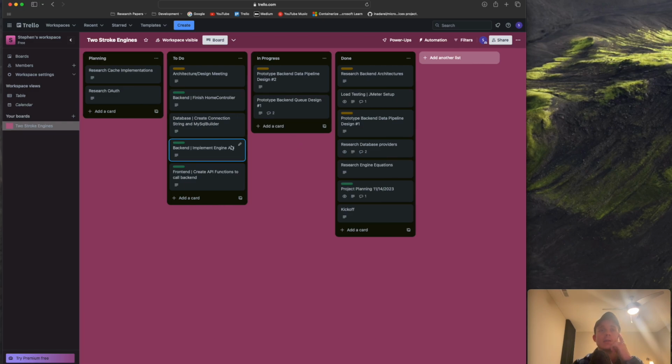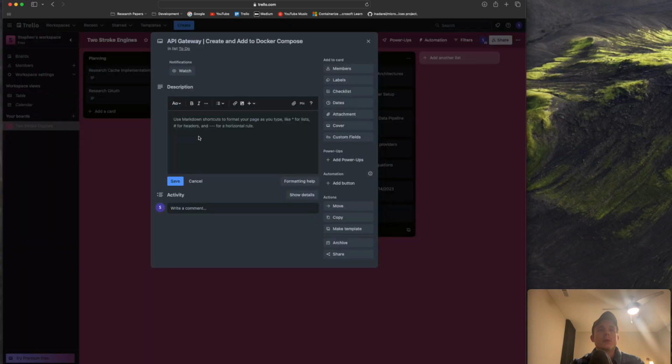So where that takes me is I'm actually going to create a new to-do task because I have something I need to do. This is going to be our API gateway, and we are using Oscillate API gateway. Okay, so basically what this is going to allow us to do is